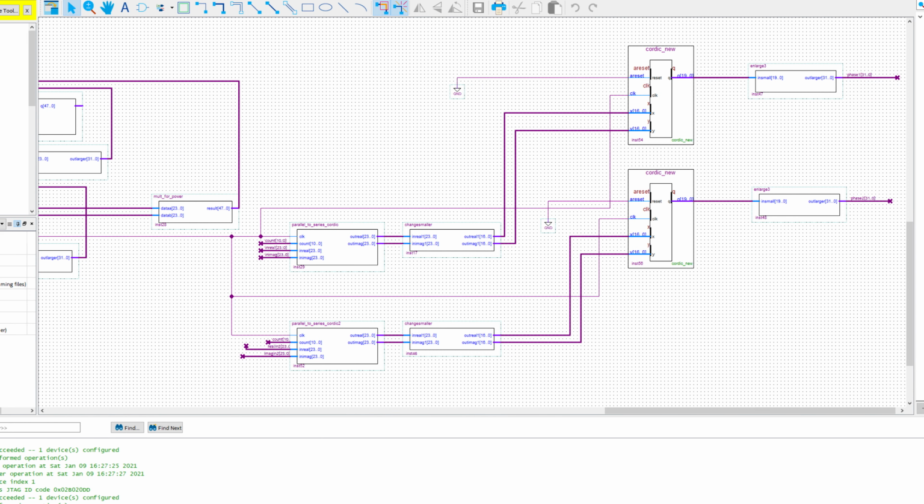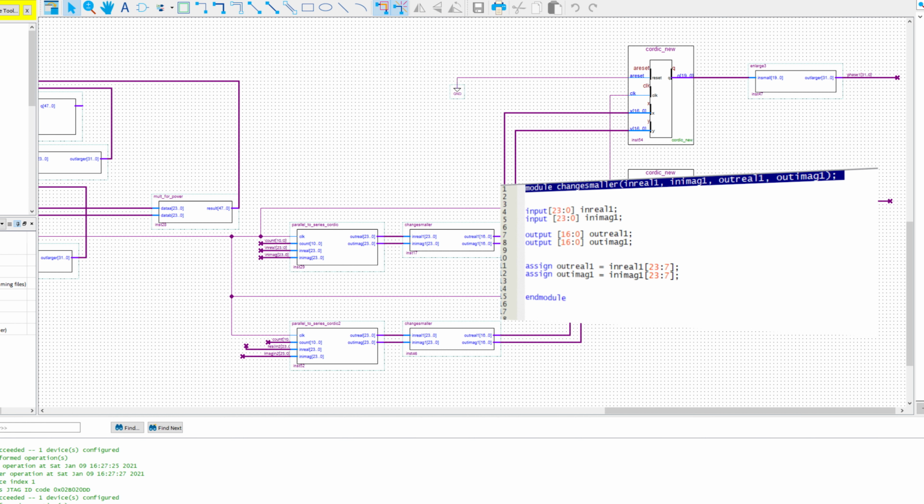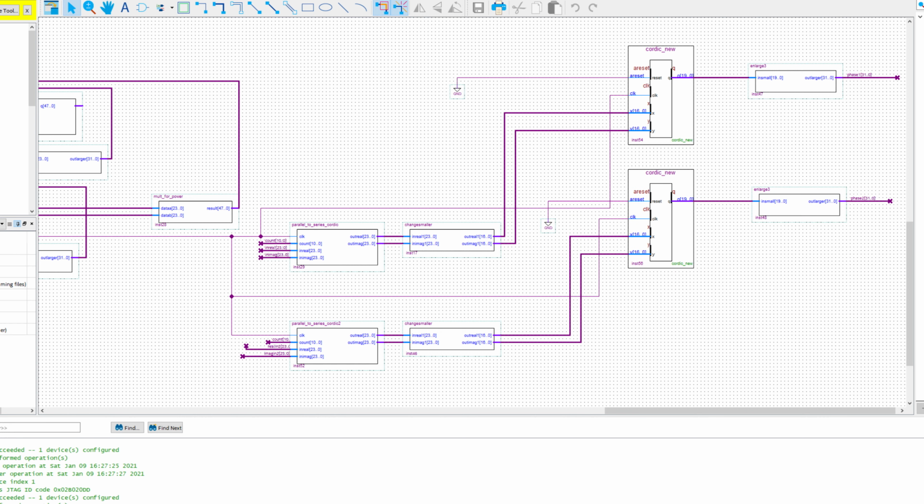So what I've done is I've converted those 24-bit signals down to 17 bits. I can't remember exactly why I've done that. It was something to do with a restriction on the size of the CORDIC. Okay, so I think 17 bits was the optimum size to input into the CORDIC algorithm. You can see this is the real input and this is the imaginary input to the CORDIC algorithm. You've got the clock here, and then it will quite happily output the phase corresponding to those real and imaginary